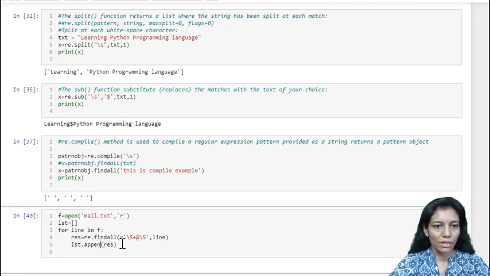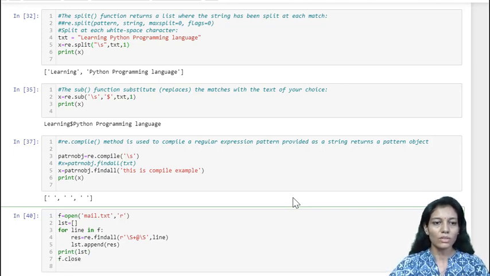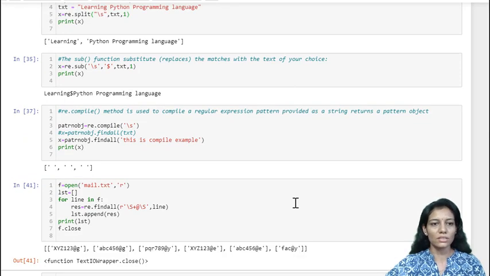Sorry, I need to use append here. That's all. The loop will iterate over all the lines extracted from the file handle, and at the end I'll print the list, and I need to close my file. So let us execute the code and find the result.